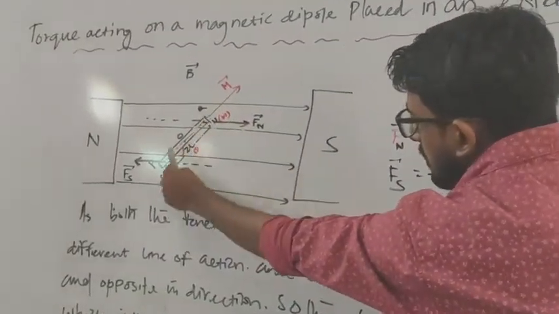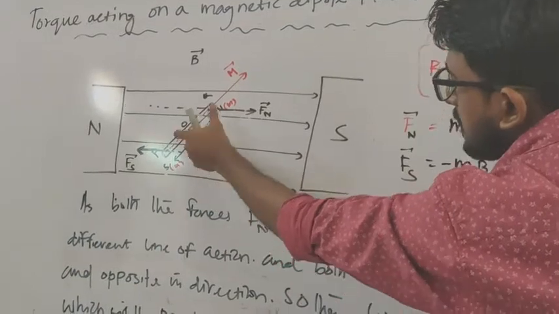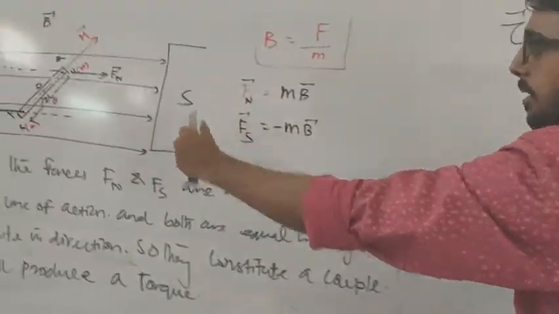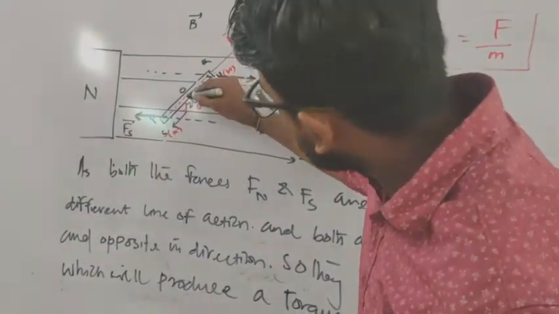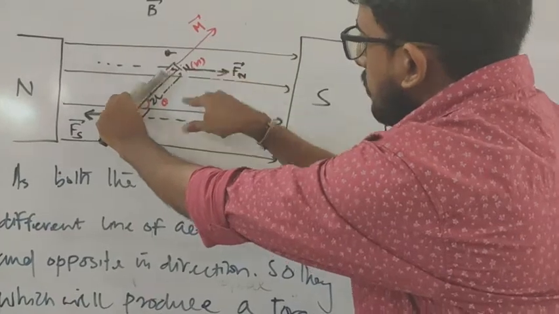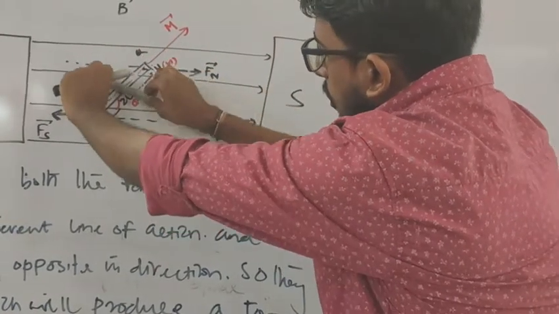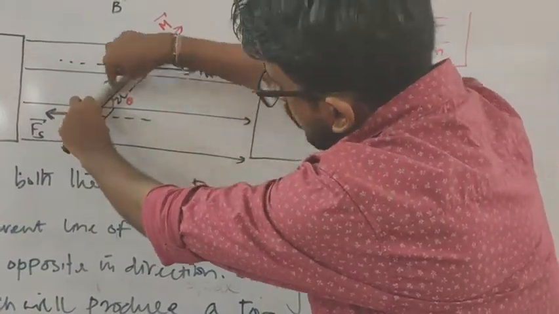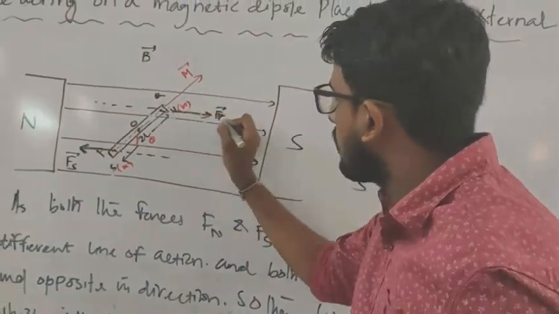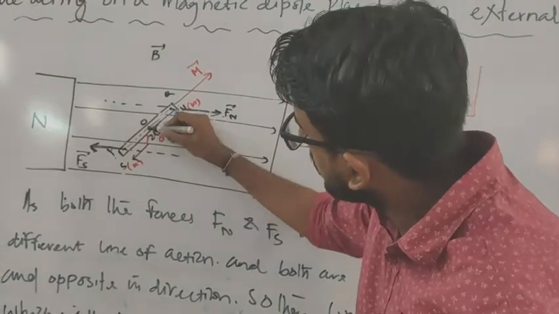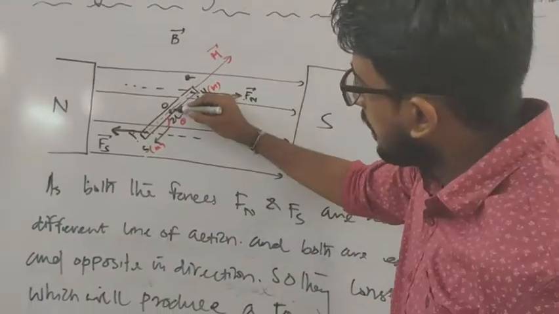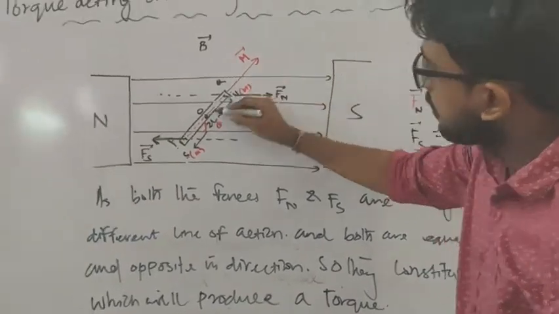These two forces are acting on this dipole, and due to these two forces there will be a turning effect, or torque will be produced. So for this case, if we want to calculate the torque about this center, as this is the dipole, due to this couple of forces the dipole will turn like this, basically turning about this center or this axis. So if we want to calculate the torque due to this force and this force about this point, then what will be the value of torque? As this is the force, about this center O we want to calculate the torque.